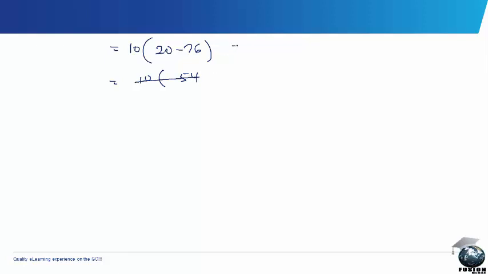We have that 20 minus 76 gives us 10 in the bracket of minus 56. So we have 10 times minus 56, which gives you minus 560. Therefore the sum of the first 20 terms